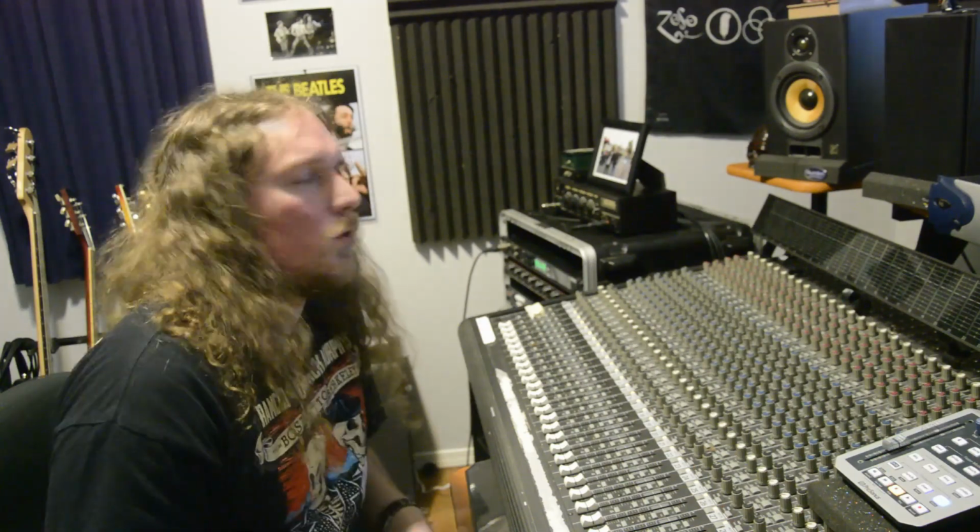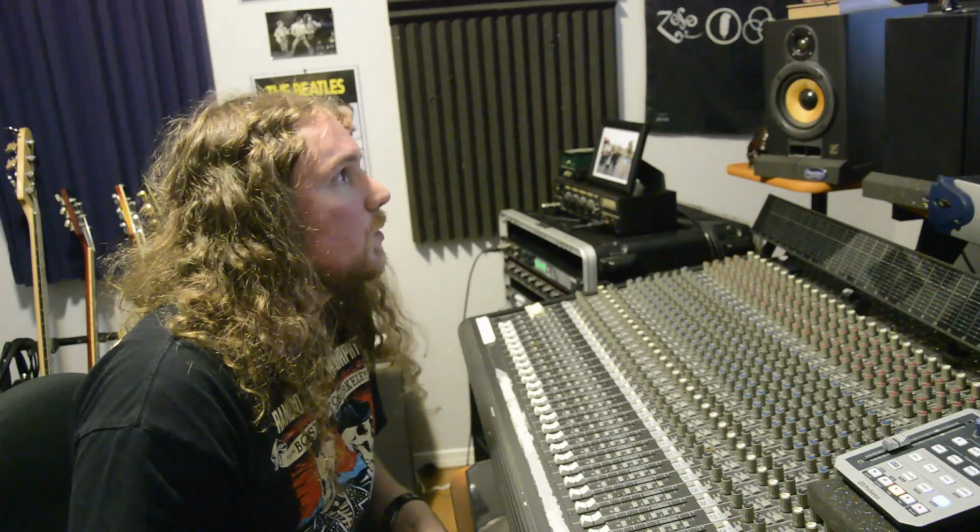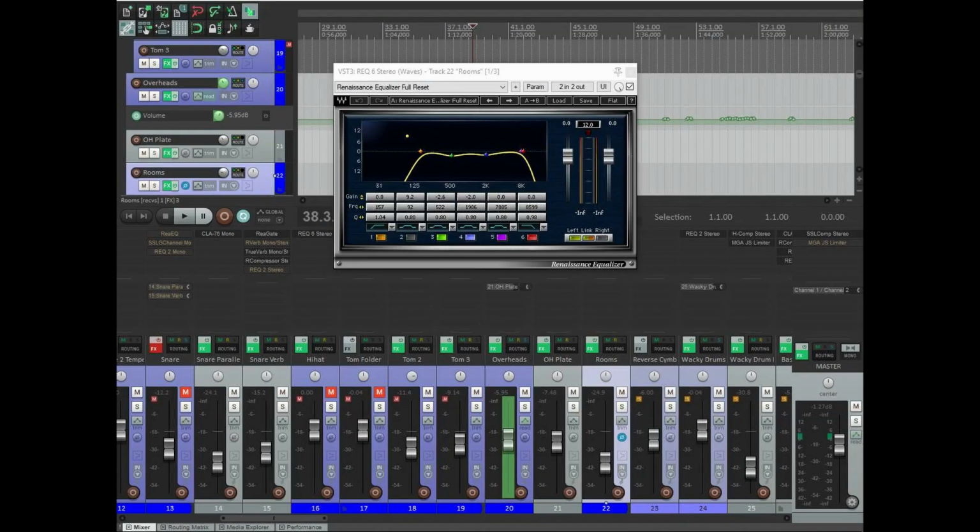Next, I would have started working on the room mics. Now I gave it a pretty typical rock and roll room mic treatment. First thing on the chain is another Renaissance EQ. I've got a high and low pass filter on it. High pass is at about 160 and the low pass is at about